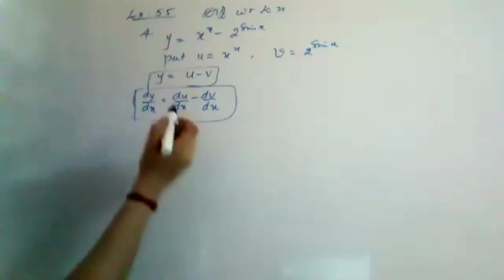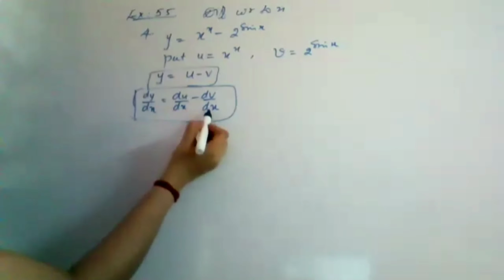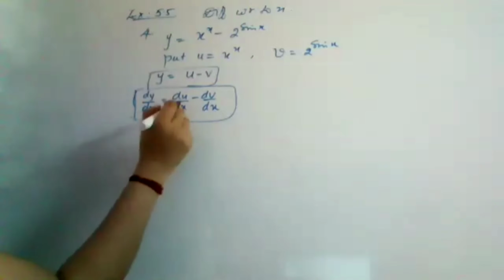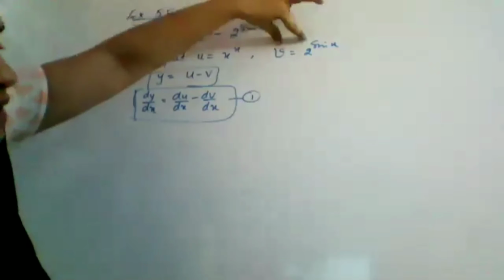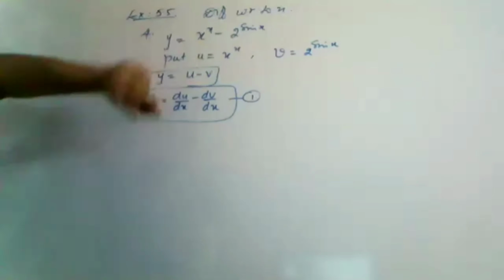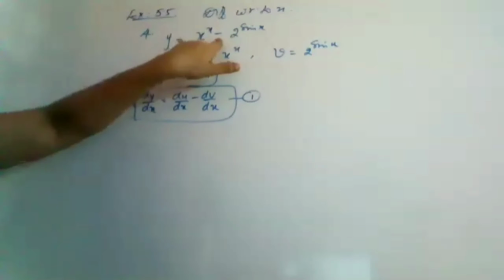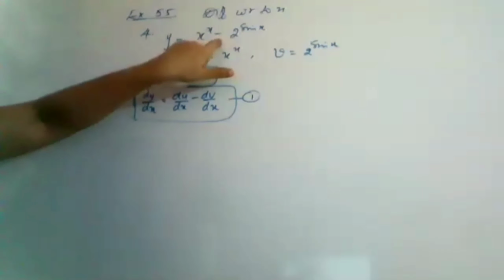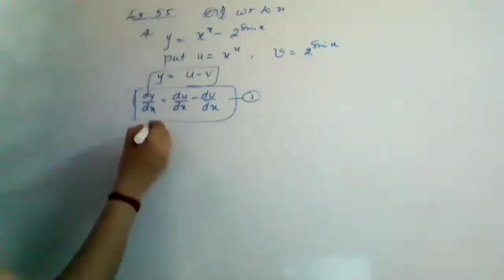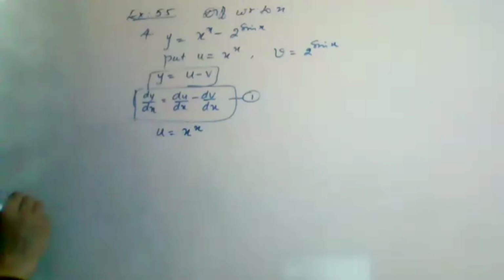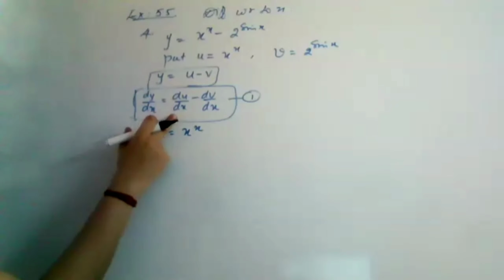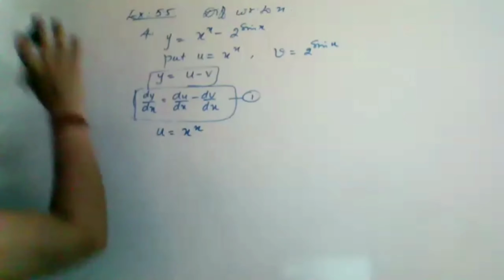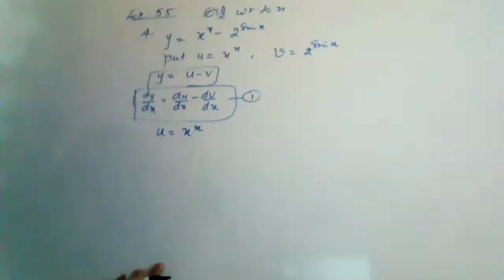So we have to first find du by dx and then dv by dx and then substitute here. So let this equation be 1, and we will start differentiating this and then this, and the answers will be written here. Understood? In this type of problem, in which you have a negative or positive sign in between, you have to do it like this, separately. So you have u is equal to x raised to x. Now here you will take log on both sides, because your purpose is to find du by dx. Clear? Whatever we have done in that logarithmic differentiation method, we will do here.